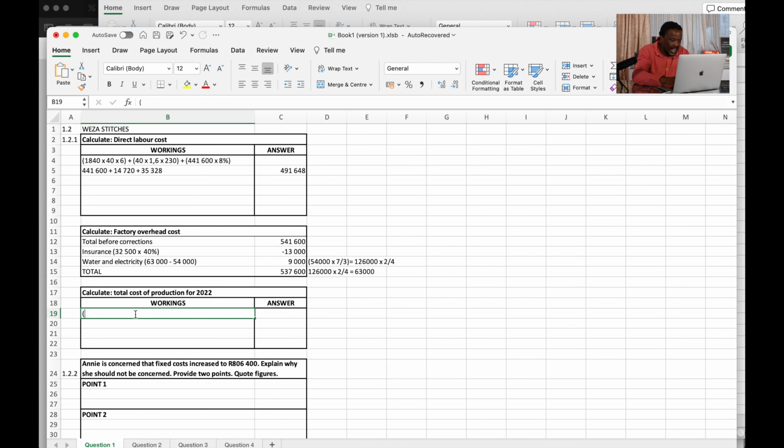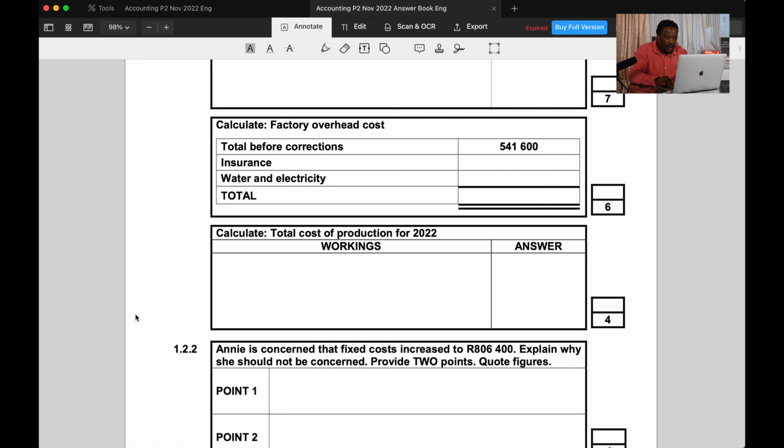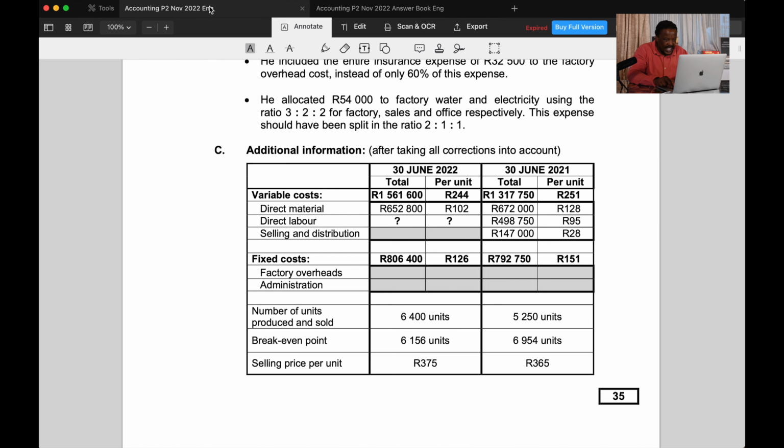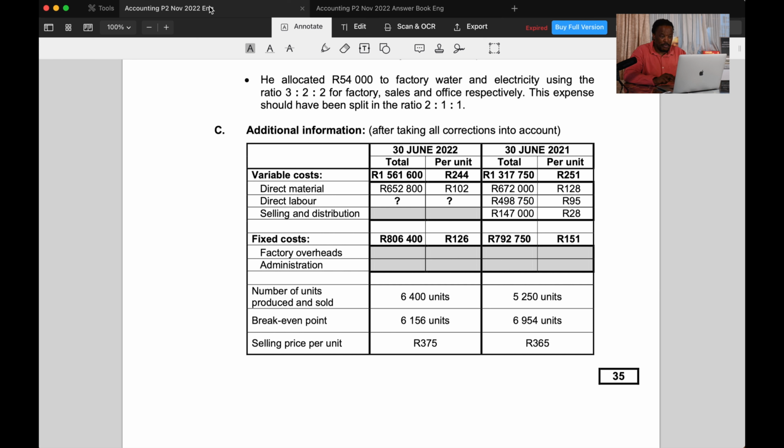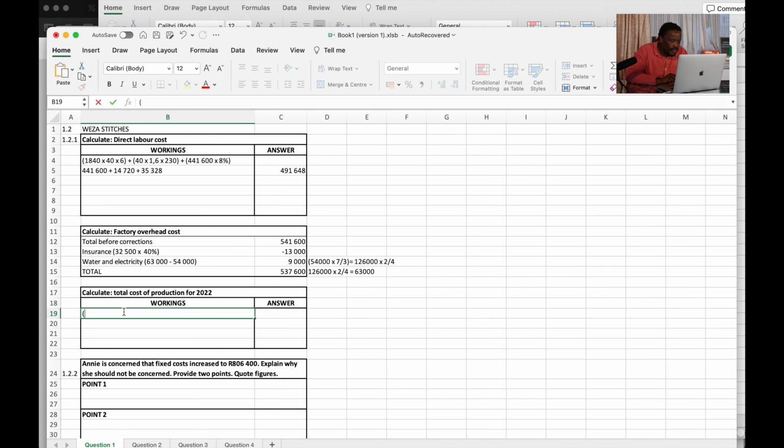So to arrive at that calculation, it's very easy because now you don't want to waste time further. I wasted time because I was explaining to you, because you must make us proud about this exam. Now direct material is 652,800 plus direct labor. You don't have to look at the question, but rather the answer. 491,648 plus manufacturing overheads, factory overheads, which is 537,